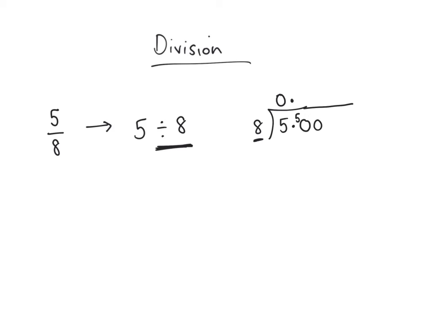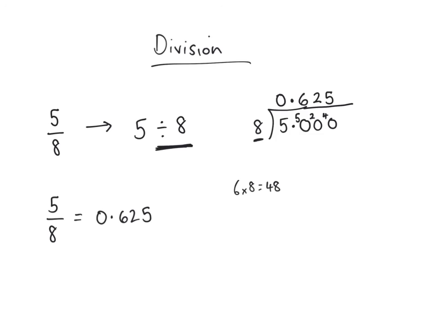How many 8s fit into 50? 6 times 8 is 48. So there are 6 8s in 50 with 2 left over. How many 8s fit into 20? 2 with 4 left over. You can just keep going with the zeros, as many as you need. How many 8s fit into 40? 5. So 5/8 as a decimal is 0.625. So the final thing of division is about changing fractions to decimals, but also dividing where there's a remainder,